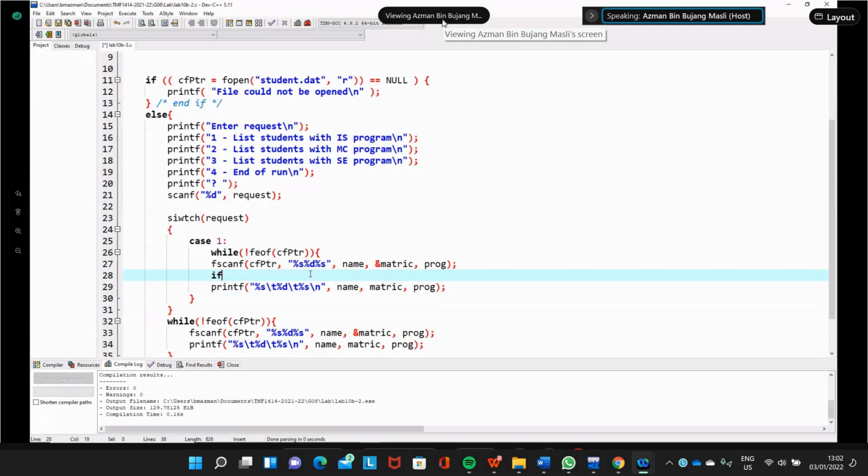So if program, we use string compare to compare the strings, strcmp.